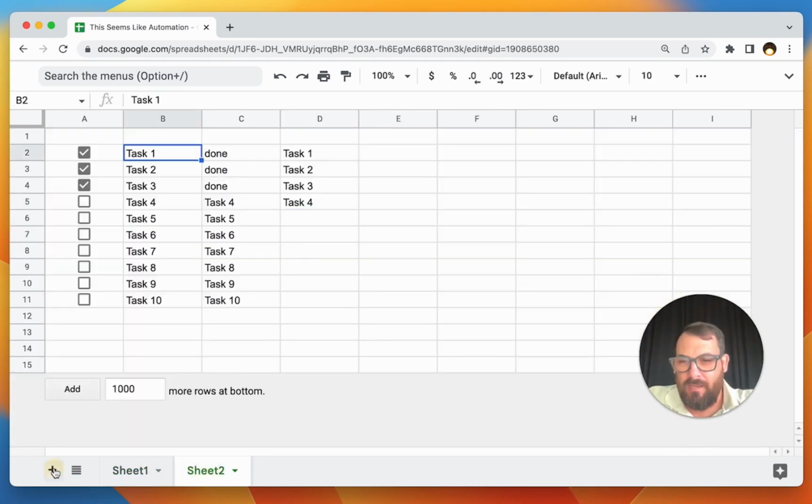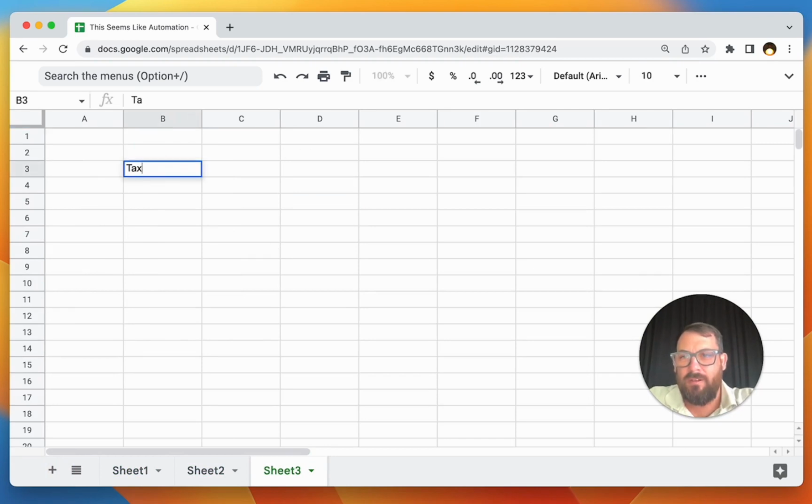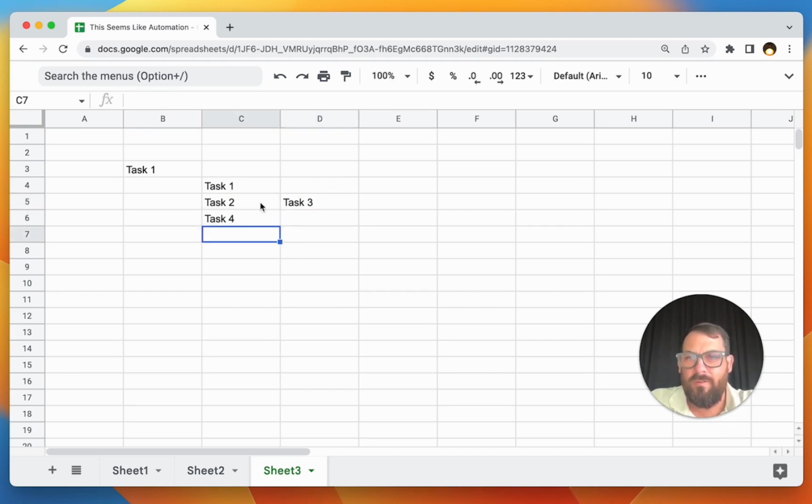Let's create another tab, and we have some tasks. Maybe we're writing down our notes, but they're in many different columns, right? We have sort of this data that's mangled up. We have task 3 here, we have task 4, we have task 5 up here. One of the interesting things with Google Sheets is sometimes, maybe not interesting, maybe one of the heartbreaking things